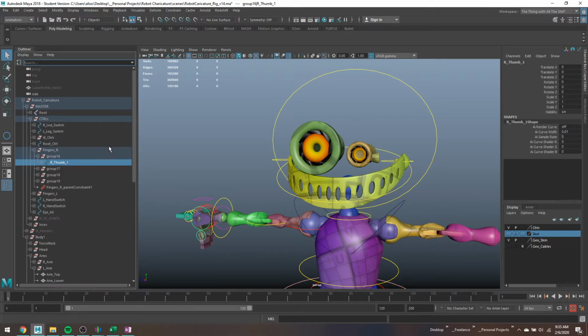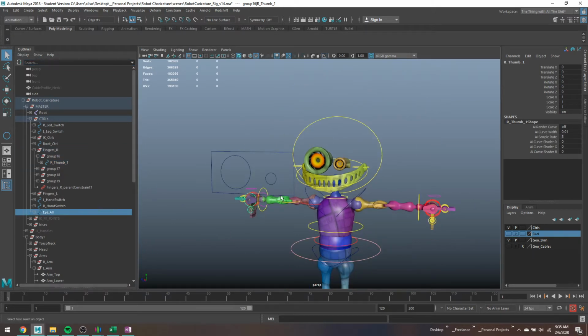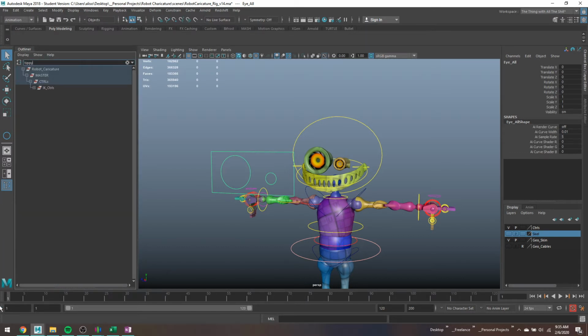Again, if you're ever looking for stuff in a rig and it's maybe not something physical, you can just select and search with F. If you know what it's called, you can search for it that way. So in this case, I know I have some little null groups in here, and they don't show up in the viewport. So I'm just going to go ahead and search that,